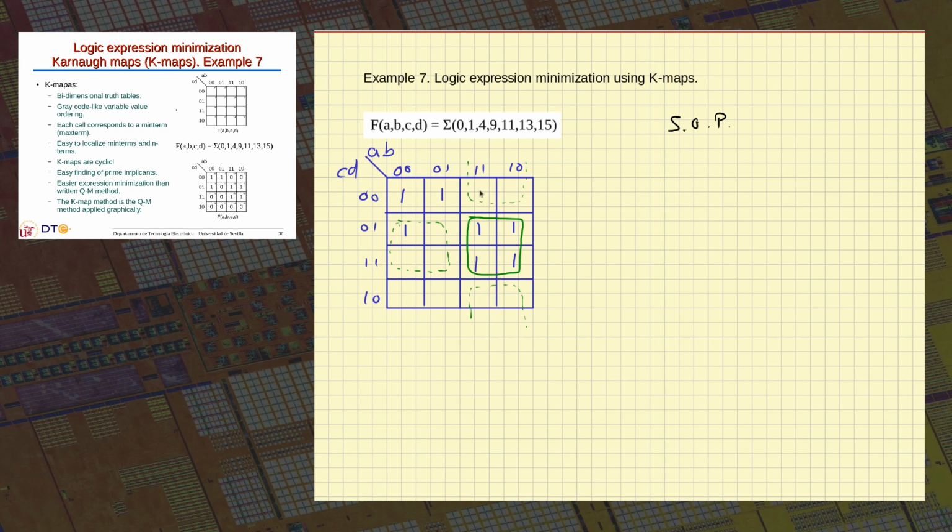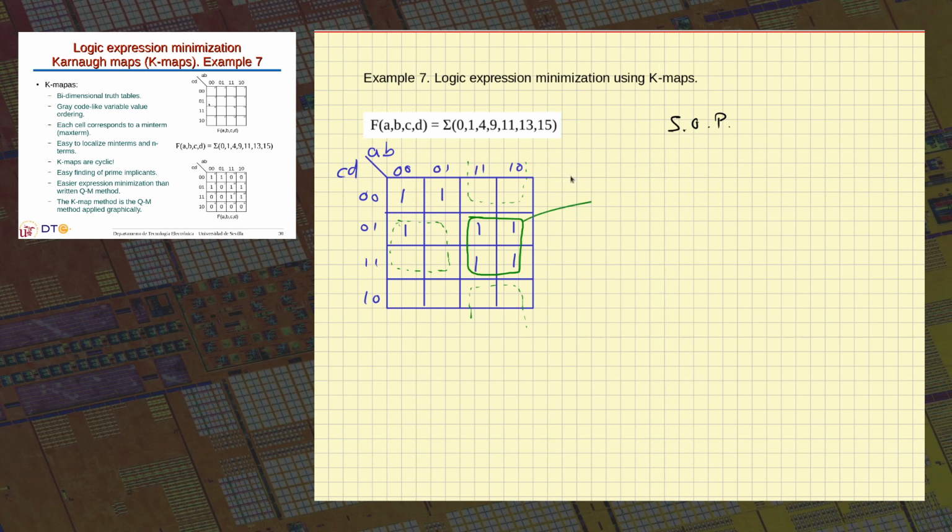I don't have those groups because I don't have ones in my map, so the term that represents this group cannot be simplified with another adjacent group. I found a term that cannot be simplified anymore. This term represents a prime implicant. Okay? So, once we know how to find the terms in my map, and once we understand the simplification method using the algebraic method,